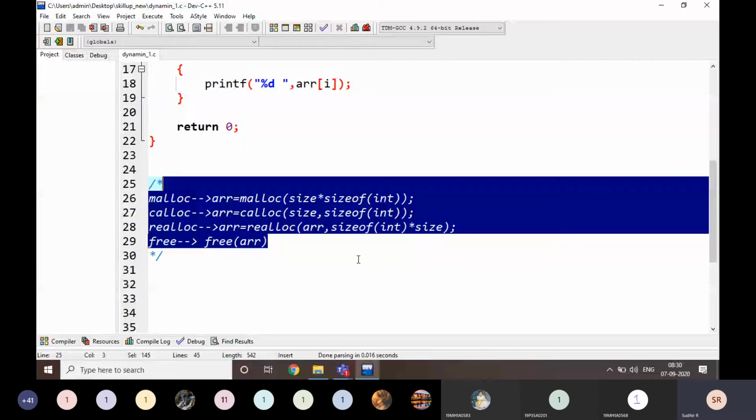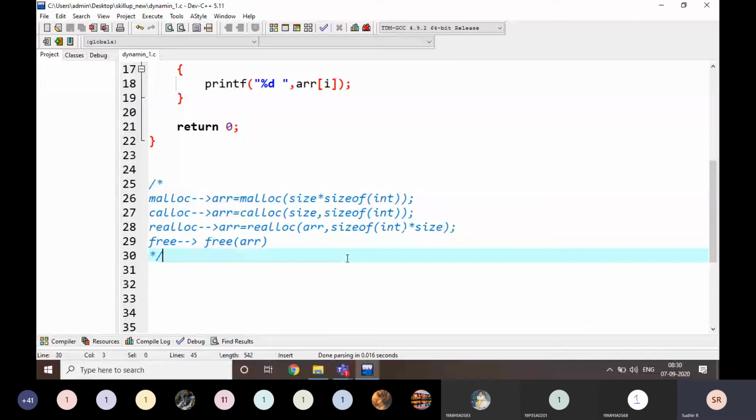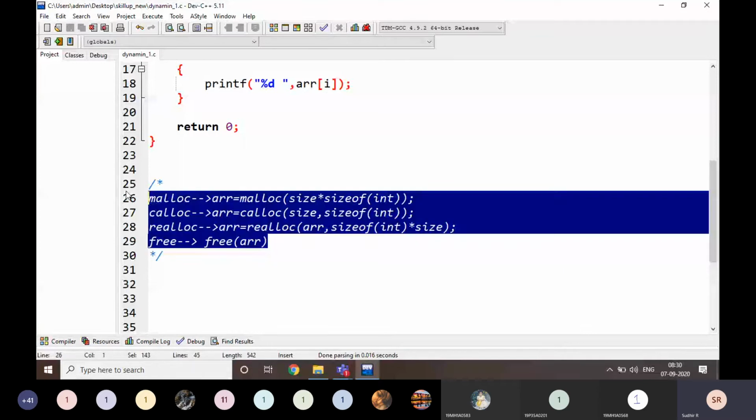Note down all the syntaxes here. Write them down, very important. These are the syntaxes, okay?